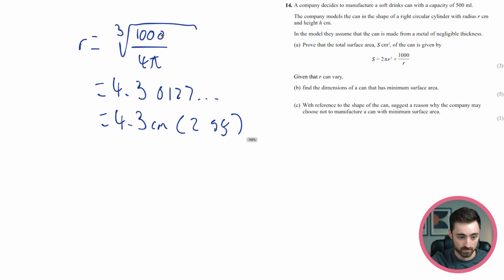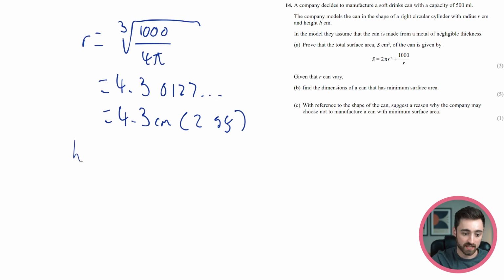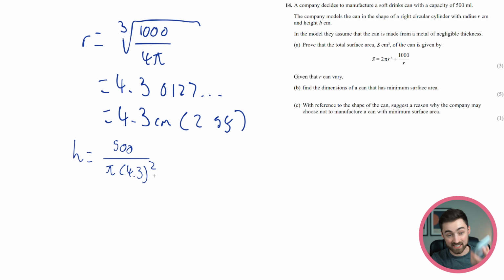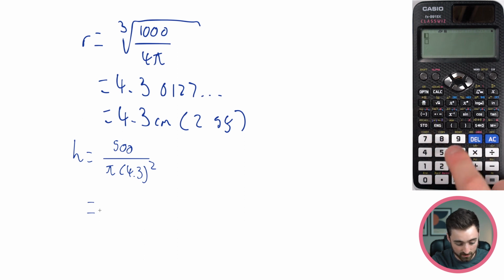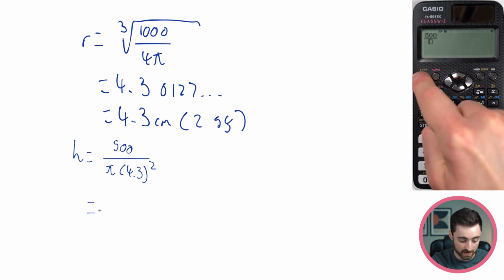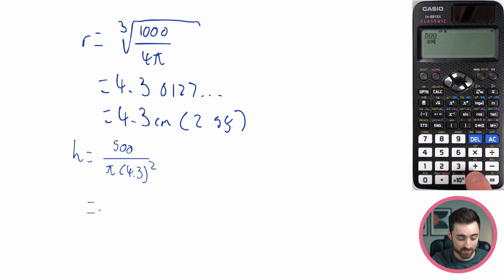So that means that h equals 500 over pi times this thing squared. But because I've got this in Ans on my calculator, the unrounded version, that's what I'm going to use. So I'm going to say 500 over pi times Ans squared to get me